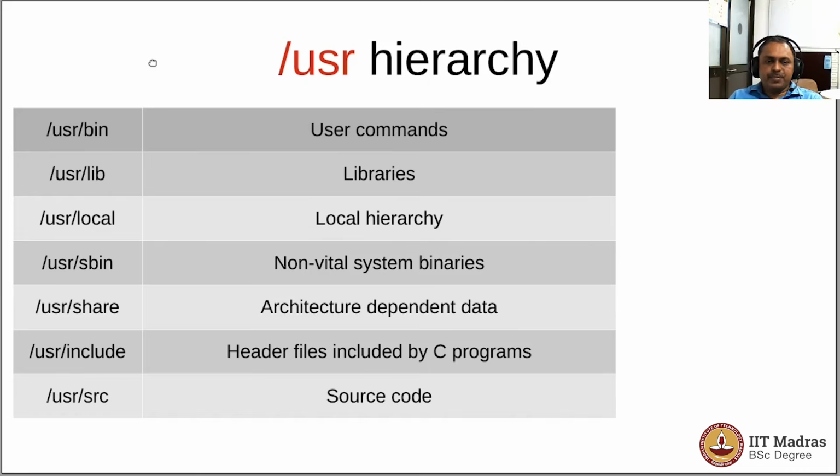/usr/share is a folder where the architecture independent data is stored. /usr/include is a directory where the header files for C programs are found. So when you started the hello world program in C, for example, stdio.h is a header file that you include, and you would see that it is located in this particular folder. /usr/src would contain the source code of various applications installed on the Linux operating system, if you have chosen to install those packages.